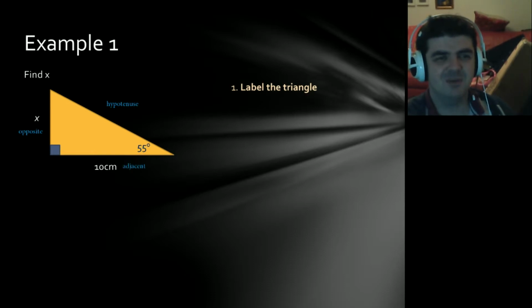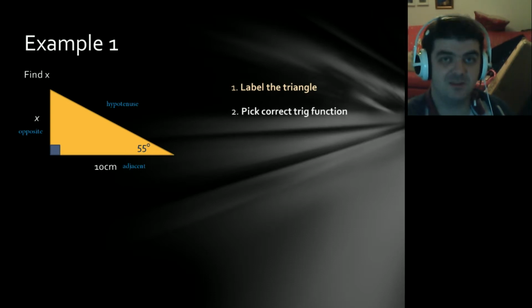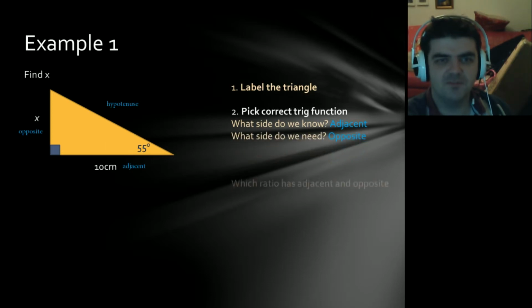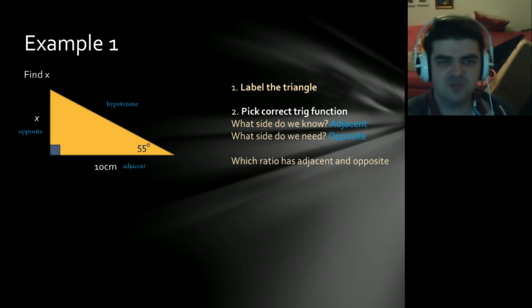Next part to do, we're going to pick the correct trig function. What side do we know? Well, we know the length of the adjacent here is 10 centimeters. What side do we want to know? Well, the x is on the opposite. And we ask ourselves the question, which ratio has adjacent and opposite as the sides? So if we do the SOHCAHTOA,